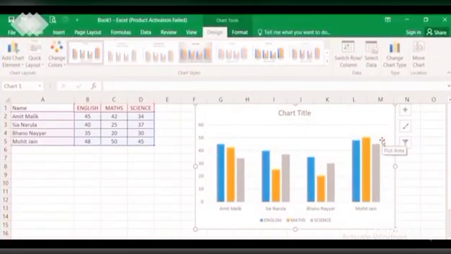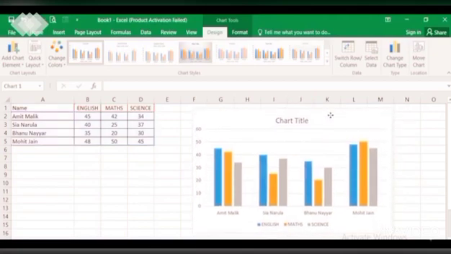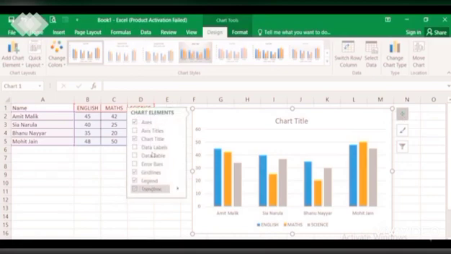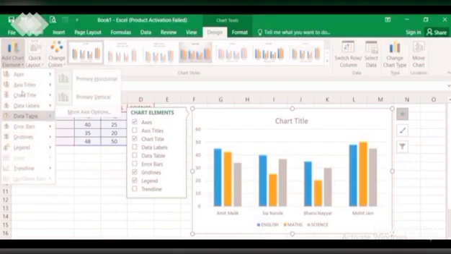Now, after creating a chart, we will learn how to insert different chart elements. Now, you see here is your chart. In this chart, you want to insert the different chart elements. There are two ways to insert the chart element. One is here, as you can see, this option. This is your chart elements. You can insert the elements in this chart by clicking on this option, or you go here in the design tab, this add chart element. From here also, you can directly insert the chart elements.